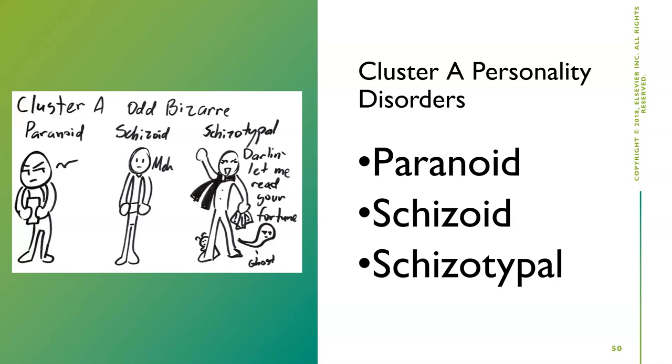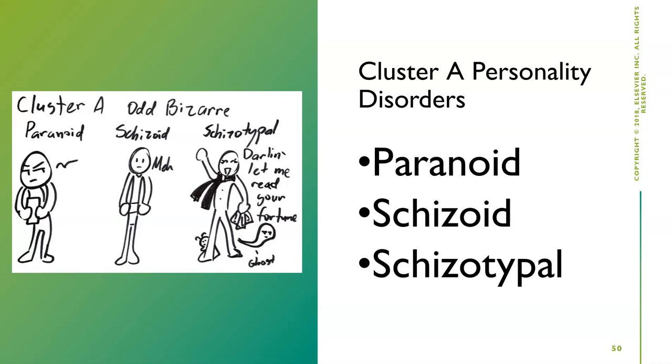What I want you to remember as I talk about these are long-standing maladaptive patterns of behavior that involve how your patient relates to others. So personality disorders, their biggest influence is in the social and personal relationships that our patients have. They struggle to form adaptive social relationships, and many of these patients will have maladaptive relationships. So cluster A, we're going to talk about paranoid, schizoid, and schizotypal.